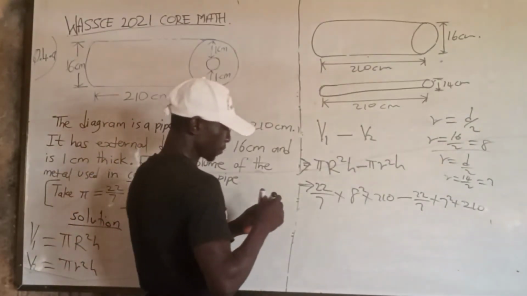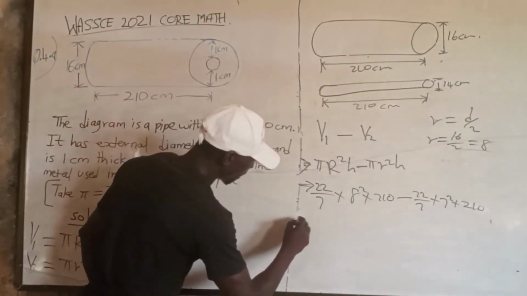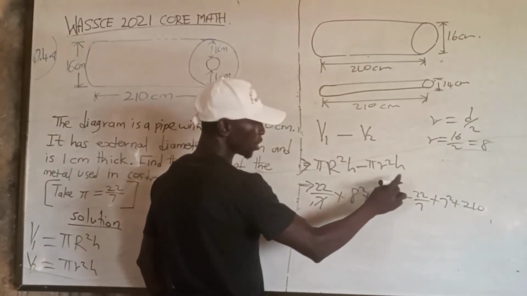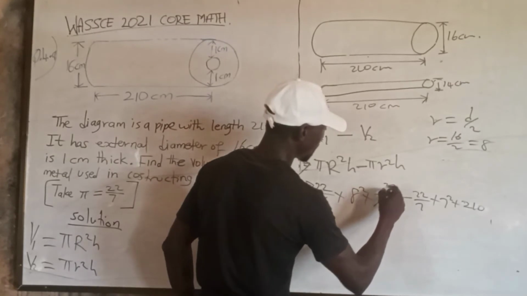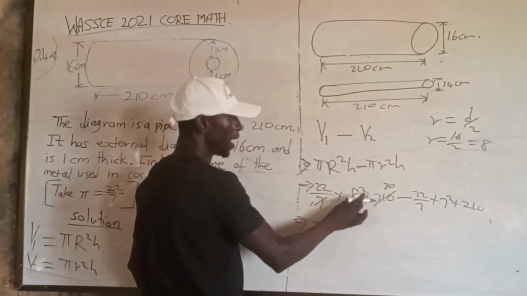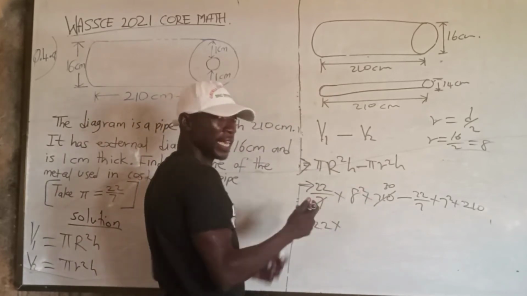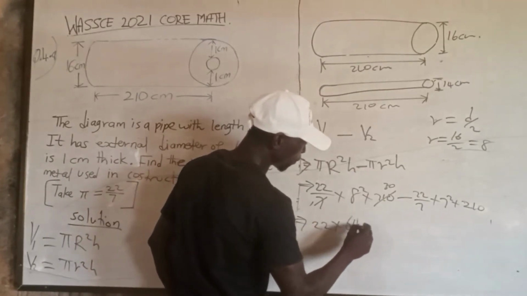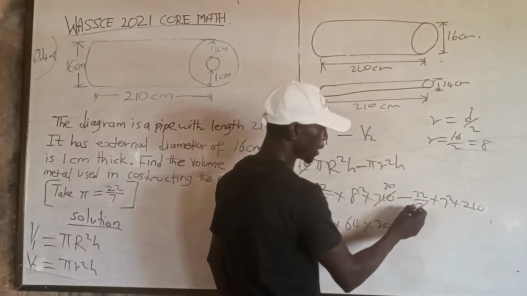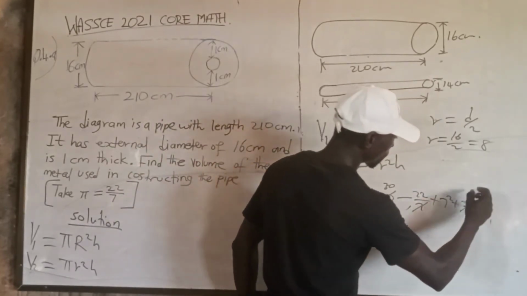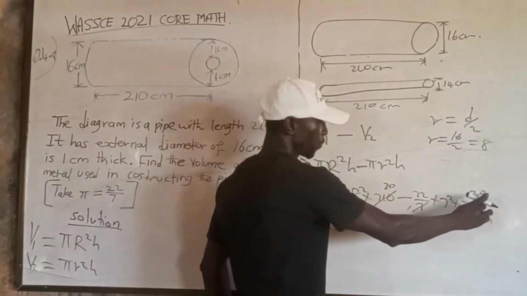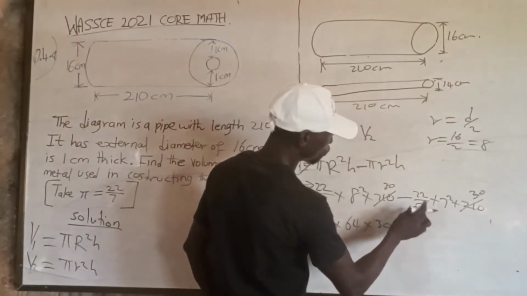So let's come down, and this implies that 7 here, 1, and 7 will go into 210 30 times. We have 30, so this will give us 22 left here, times 8 squared, which is 64. We have 64 times 30 minus, 7 will go into itself 1, and 7 will go into 210 30 times. That's 7 is a factor of 210. So that will be 22 left here